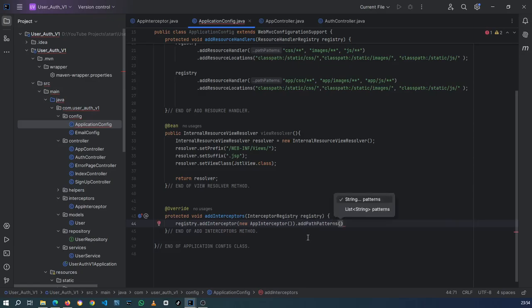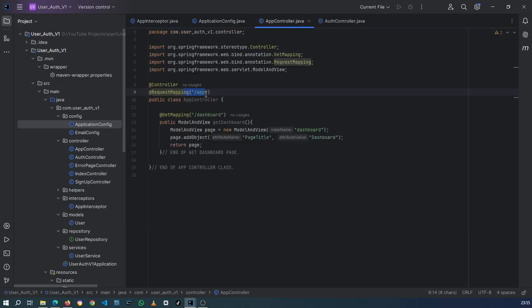So basically here with this method, what we're doing is we're going to say run this interceptor every time you see someone try to access a particular path. So the one that we're going to do is app, and then everything that comes after app, and then now we just need to add a star there. So everything that comes after app, for example, app dashboard or app anything else,